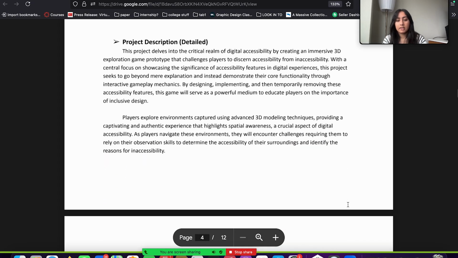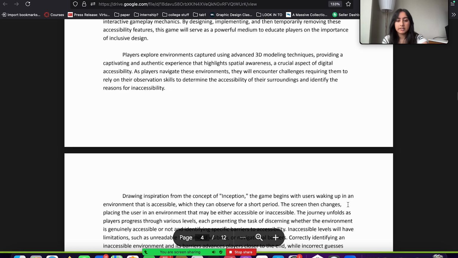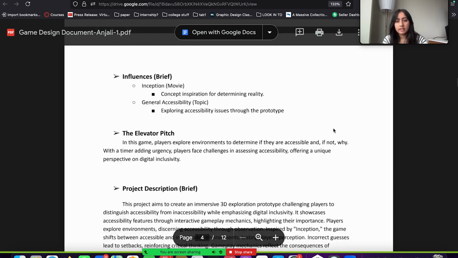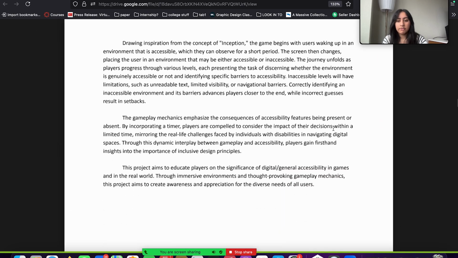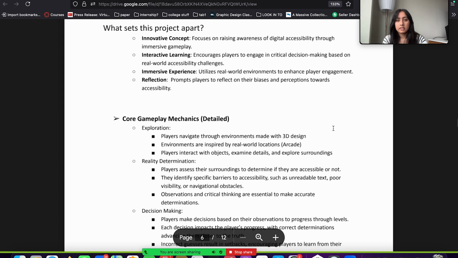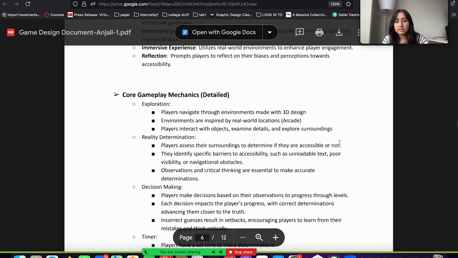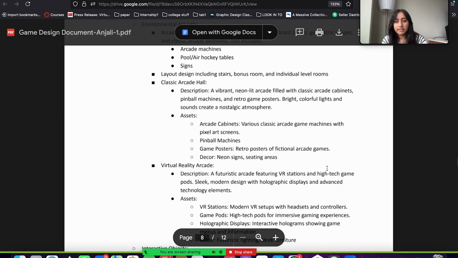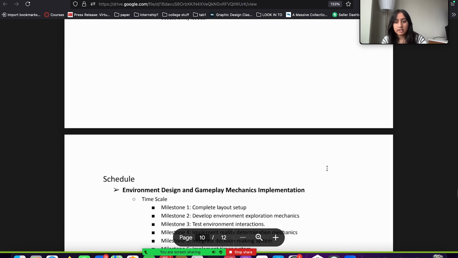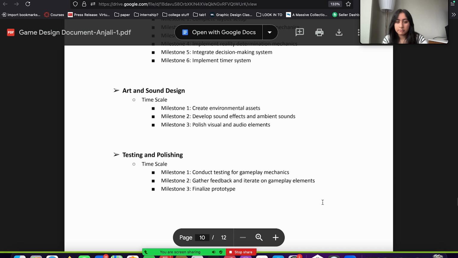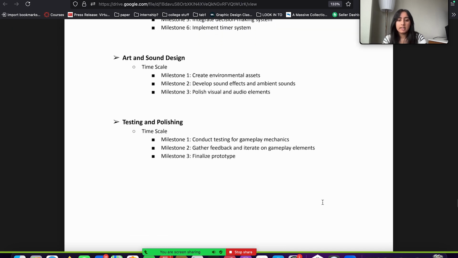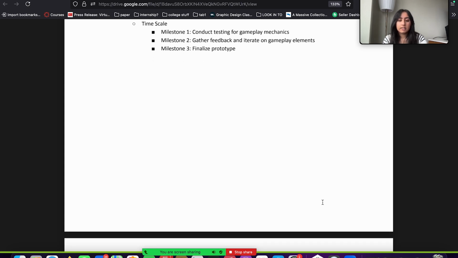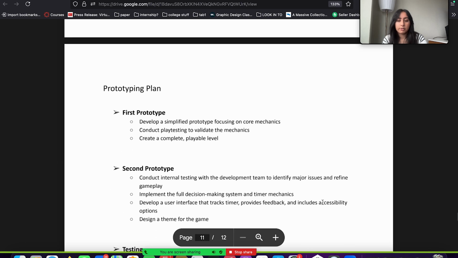To make sure that every element of the game supports its instructional objectives, the GDD also includes information about the game's general aesthetic, the sound, the visual design, as well as its surroundings. It includes the innovative concept and the gameplay mechanics, as mentioned before, the 2D and 3D assets, and the general schedule for this project. This document was essential in maintaining the development process's focus and alignment with the project goals, guaranteeing that each feature served a deliberate and useful purpose.